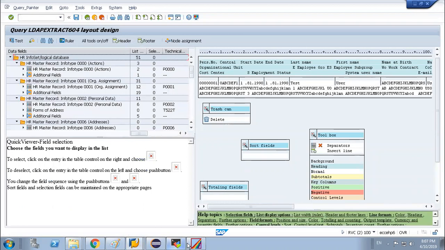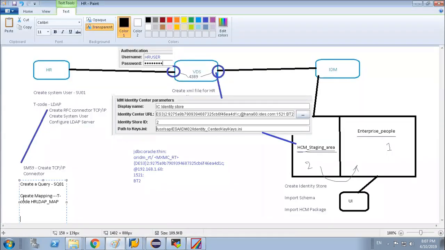Now we are mapping the HR attribute and the corresponding VDS attribute using the HR_LDAP_MAP transaction. So HR data is there, mapping is there, the query builder is created with the fields we are sending, and the connection is there. Now what?